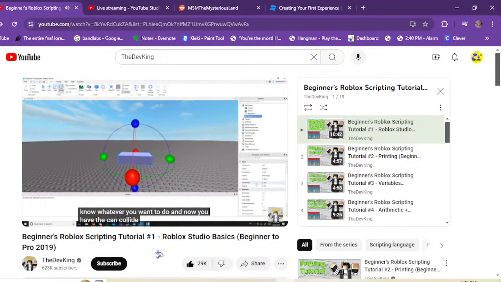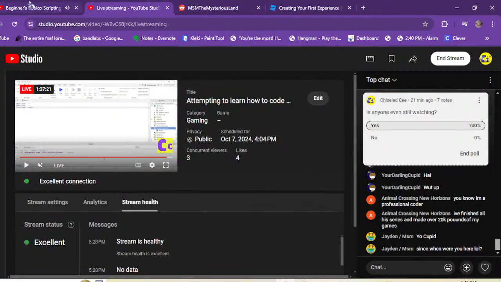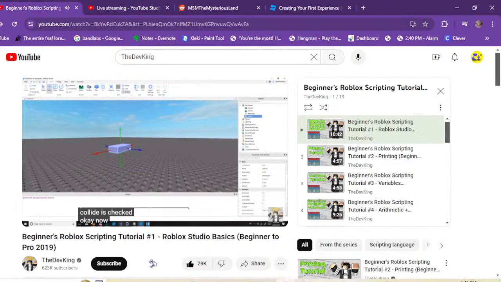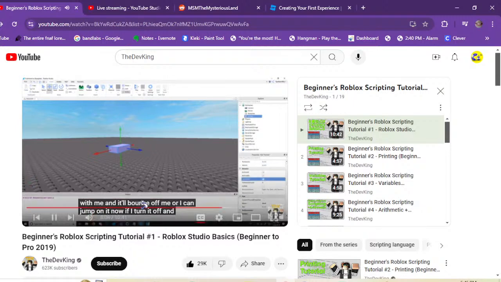And now you have the can collide part. I want to move it down just a little bit because I want to be able to walk. Alright, I'll show you. By default, can collide is checked. Now, can collide, pretty obvious in the name, means you can collide with it. So if I touch it, it will collide with me and bounce off me, or I can jump on it. Now if I turn it off and I hit play,